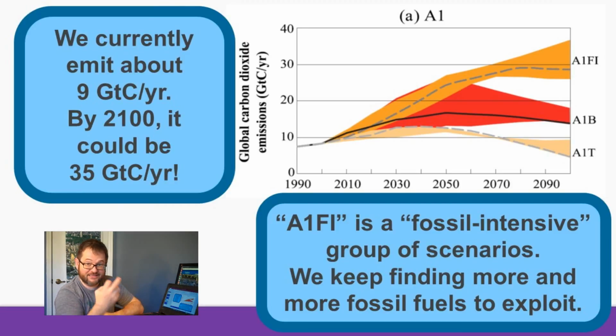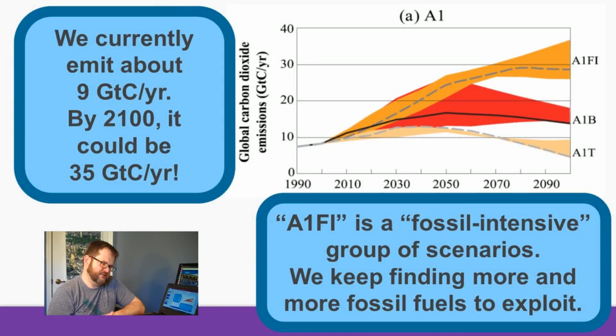You can see there's a range of estimates as to what different experts think we could have for our carbon dioxide emissions. We currently are emitting about 9 gigatons of carbon per year from anthropogenic sources, and you could see that in some of these more dire scenarios, it could be as much as 35 gigatons per year by the end of the 21st century